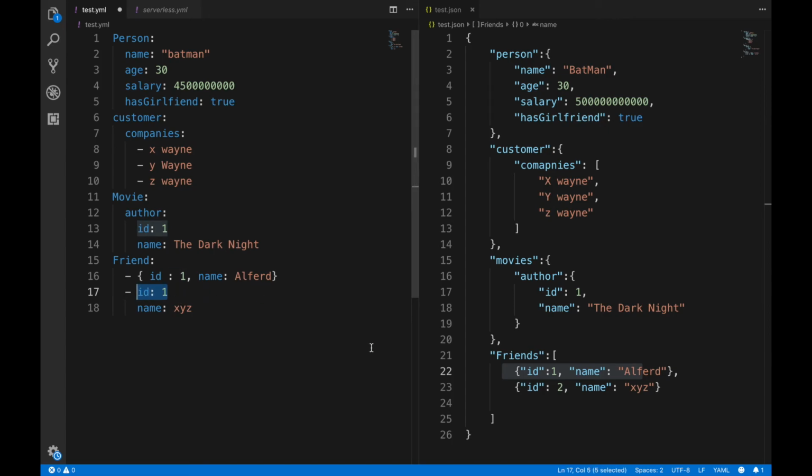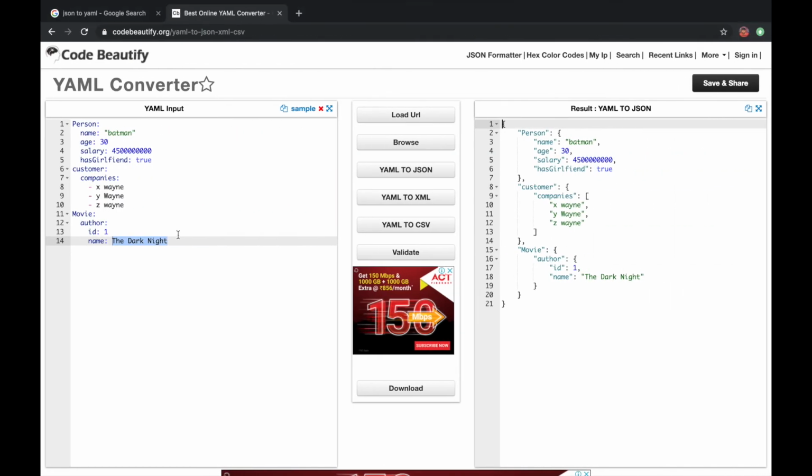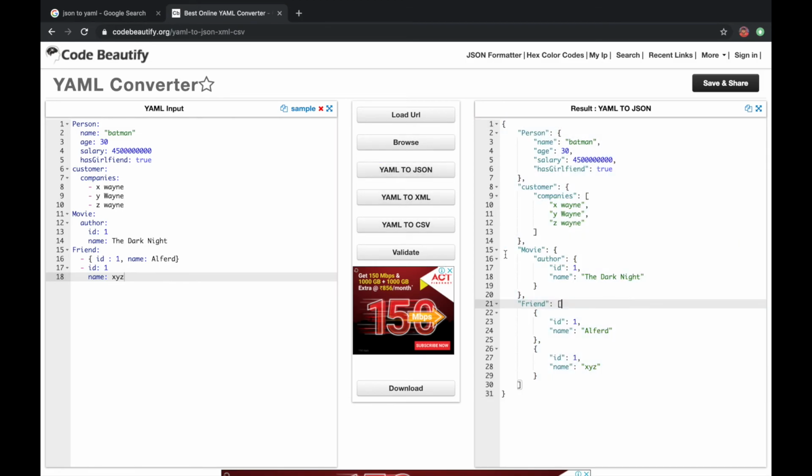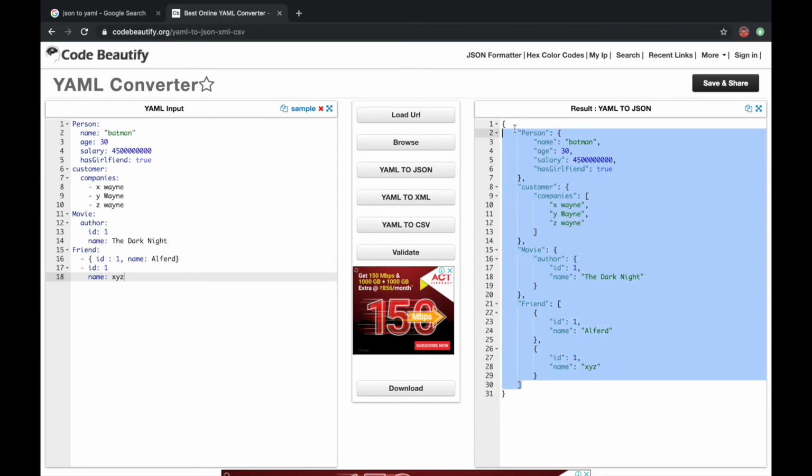So this is how we can create YAML format, this is how we can create some nested objects, some nested array objects in the YAML file. And you can see there is not a big difference between the JSON and the YAML file. So if you check this here, boom, it says correct. Nice. So as you can see how things are written in JSON and how things are written in YML.